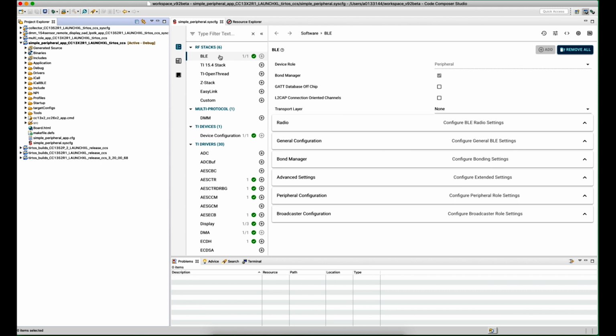And a lot of the features that Henry touched on, I'll try to walk through here, but one of the main capabilities is the integration of those configuration views into one tool. So here within sysconfig, you'll see the ability to configure our various stacks that are integrated into the SDK. So if you're a Bluetooth developer, a Zigbee developer, Thread developer, we're exposing those configuration options in a very intuitive manner through the graphical interface.